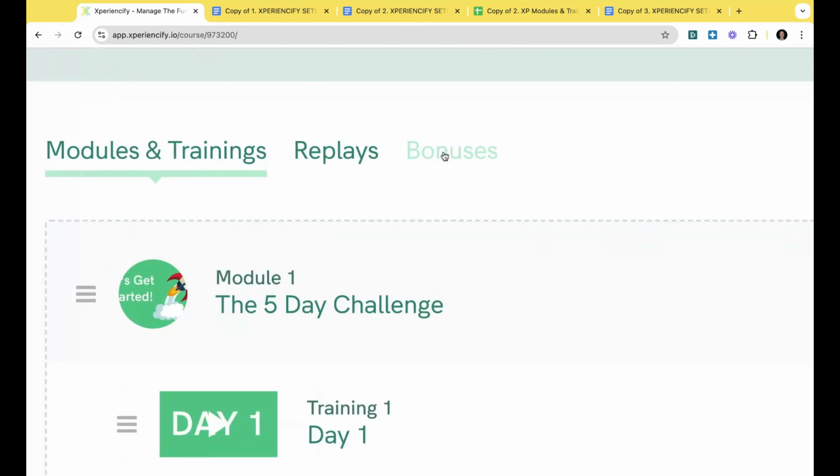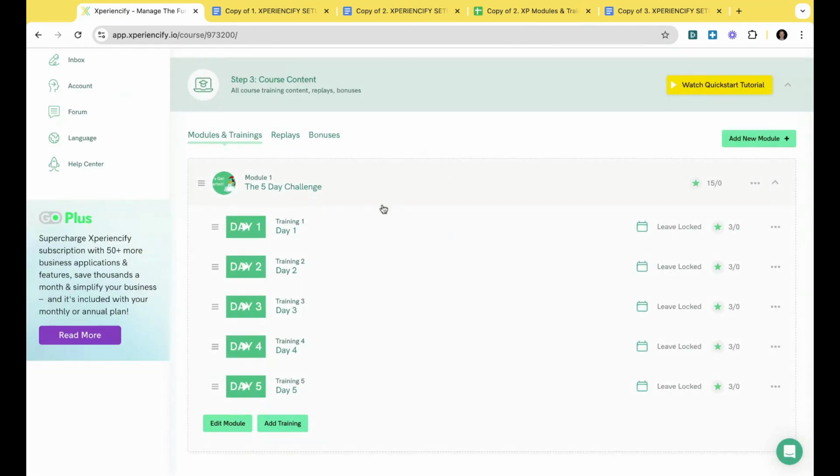And then bonuses. So bonuses are extra content that you will unlock for a learner if they achieve some milestones. So if my community members come in and they complete all 5 days of the challenge, maybe I'll have another bonus section where there are some great yoga or stretching exercises, or maybe they'll unlock a bonus where we cook a meal together and I reveal some great recipes and nutritional habits. So a bonus is another training, but it's unlocked when they achieve something. It could be a number of points, it could be a training completed, it could be that they've sent you a worksheet, etc.